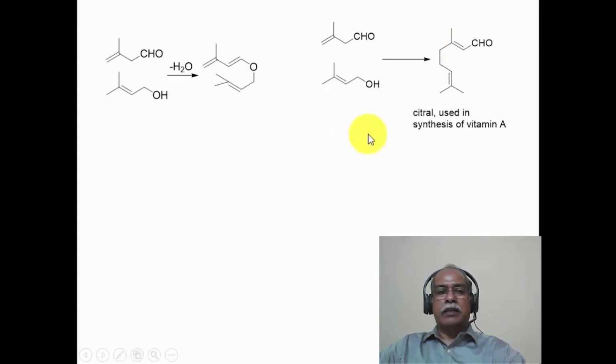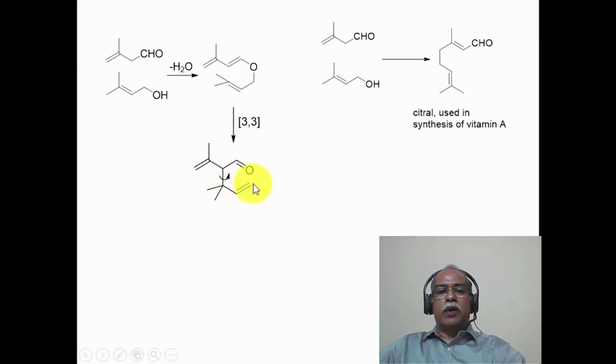What are the possible reactions that can take place? When this aldehyde is treated with this alcohol, it can form a hemiacetal. The hemiacetal can undergo dehydration from the alpha position in this particular way, resulting in the formation of the allyl vinyl ether. So this is a prenyl vinyl ether that is being formed in this particular instance. This is a 3,3 sigmatropic Claisen kind of a system, so it can undergo the 3,3 sigmatropic rearrangement to give